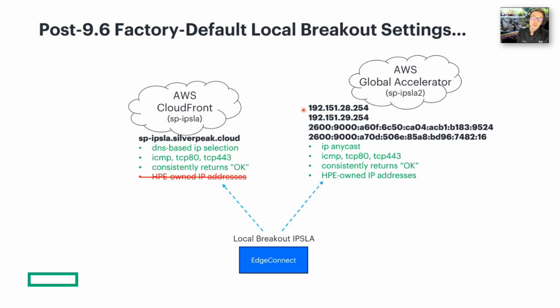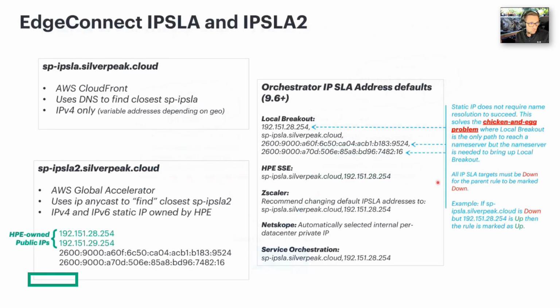And that's because there are 360 different 192.151.28.254s on the planet right now. It also does all this stuff, consistently returns okay, and it's HPE owned. So what does this translate into? Well, when you open a 9.6 orchestrator and you look at the local breakout configuration, you're going to see these